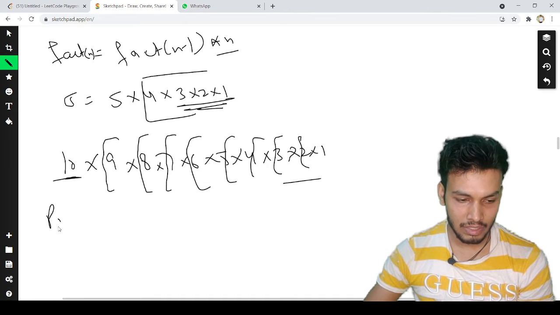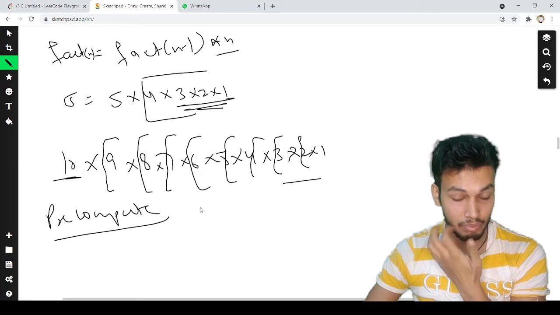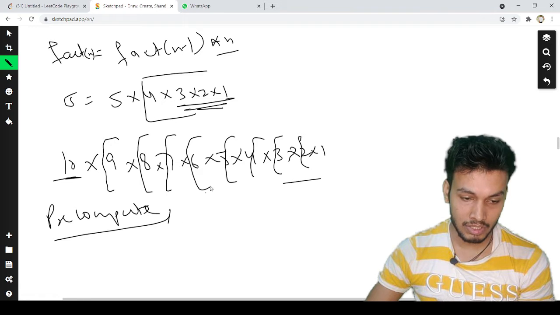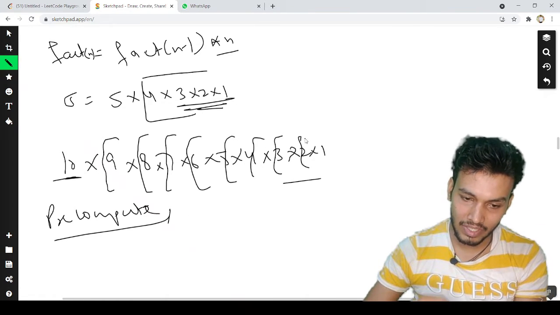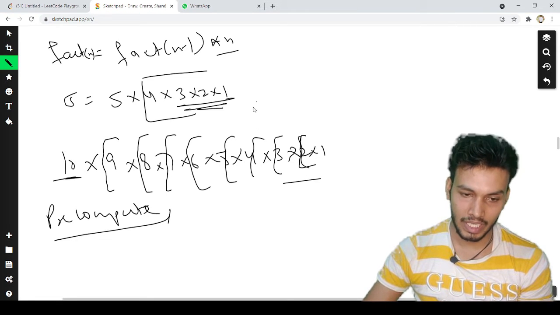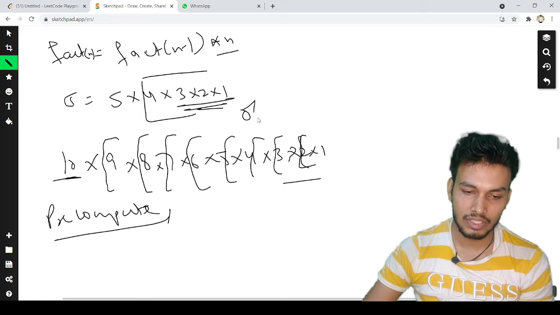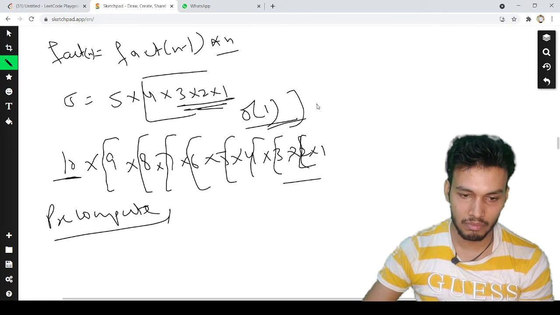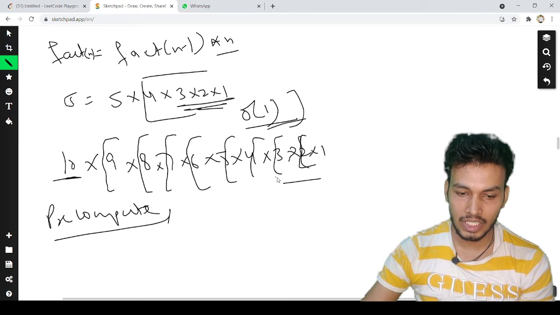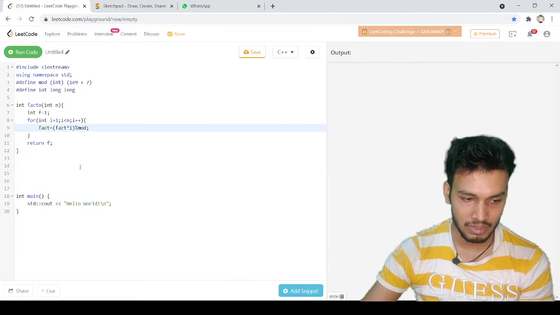So instead what we can do is pre-compute the factorial, and we can save it in an array, right? At each and every step we can save the values in an array. So every time, taking the factorial will be just a big O one operation, right? It will take constant time if we keep storing the values of these factorials at each and every step, right?